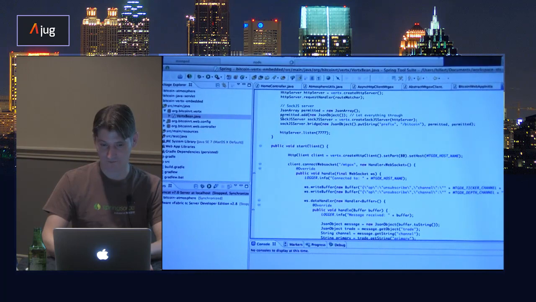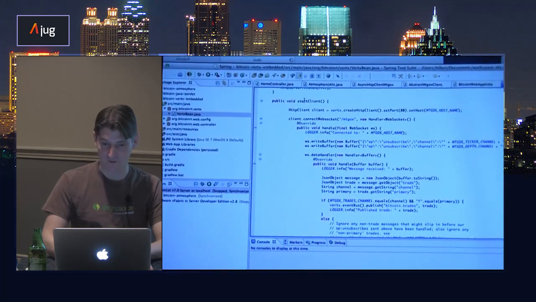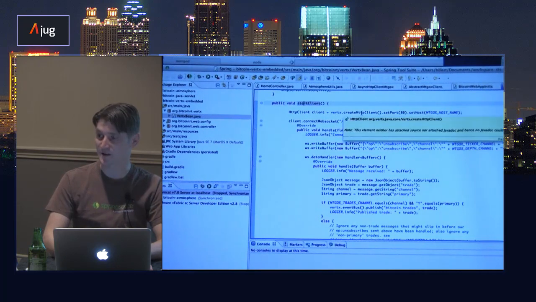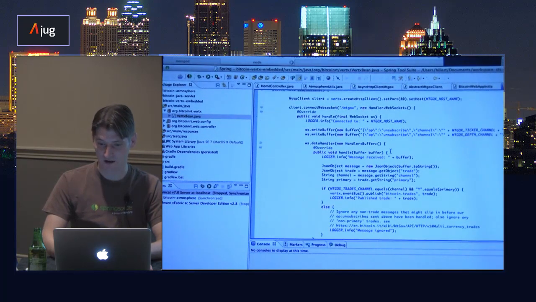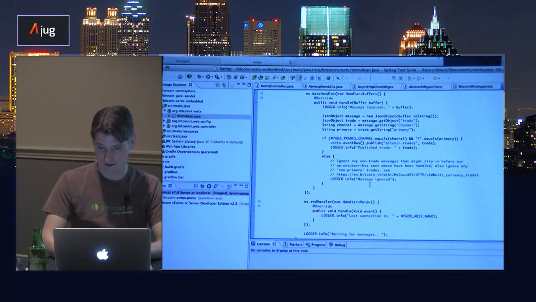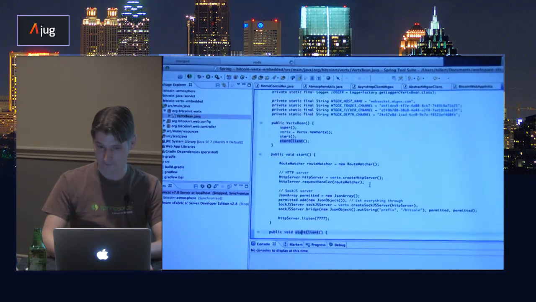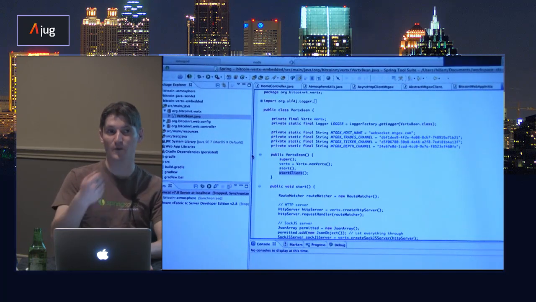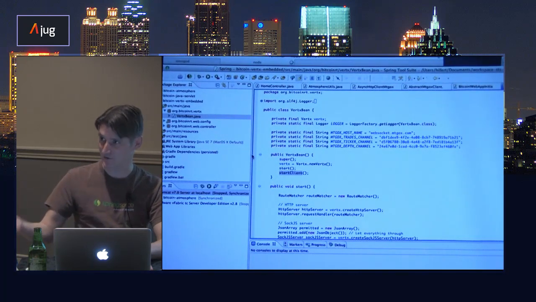Also provide basically a SockJS server in this case, Bitcoin. Then I'm starting the client from Vertex. Vertex itself has, I can create an HTTP client, goes out to the Vertex exchange, to the Bitcoin exchange, get the data, streams it back. So that's another option. You can provide WebSockets communication within your Java application.